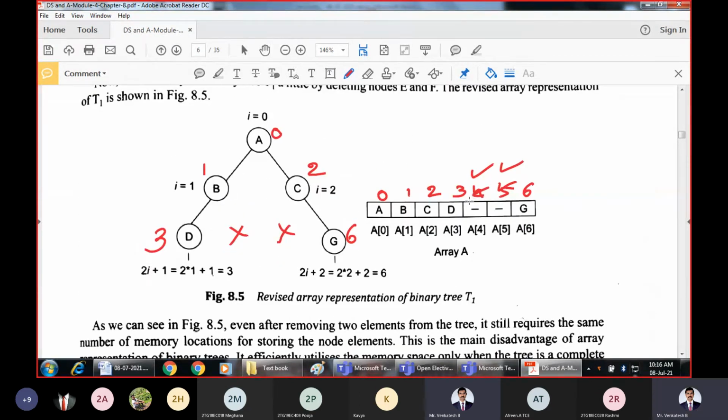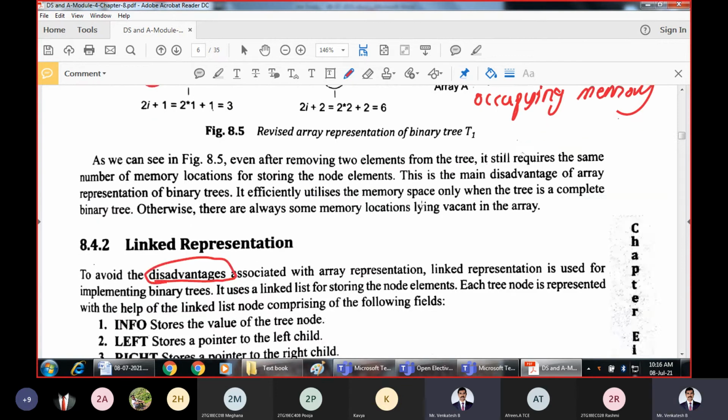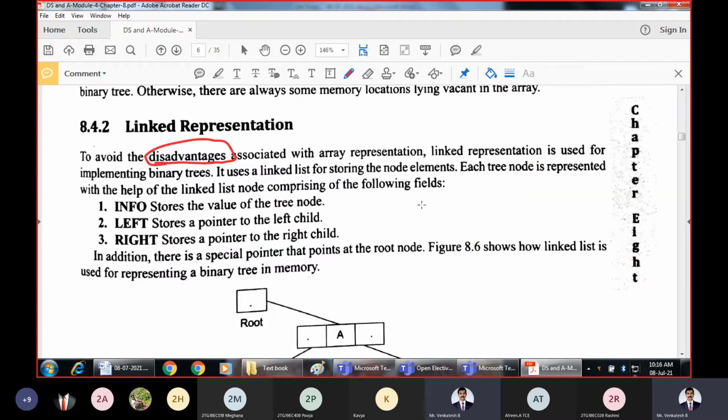For example, in this notation, the 4th index and 5th index are blank because there are no subtrees, but even though they are blank, they are occupying some memory. That is the disadvantage in the array representation of a binary tree.